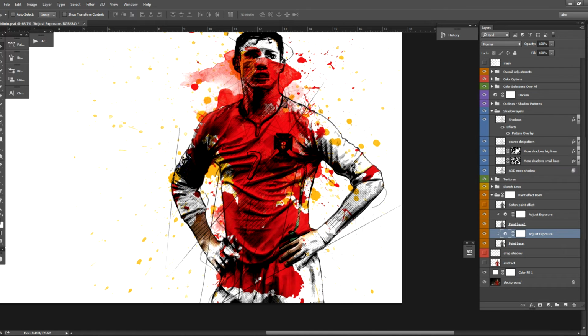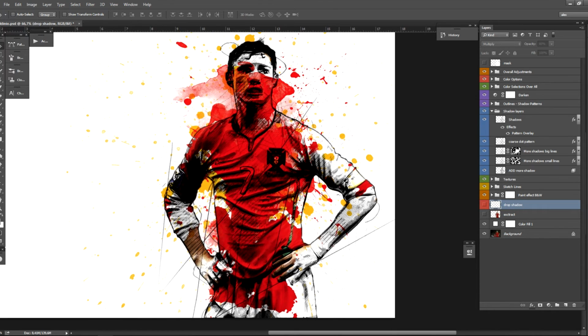I will leave it somewhere there. And underneath of this group you will find a drop shadow. On this image the drop shadow doesn't help. I will show it to you on another image.